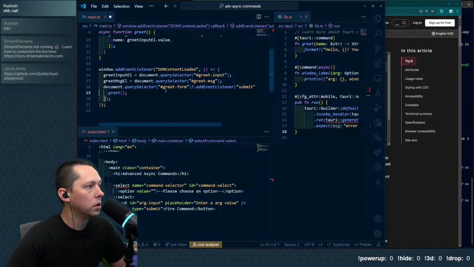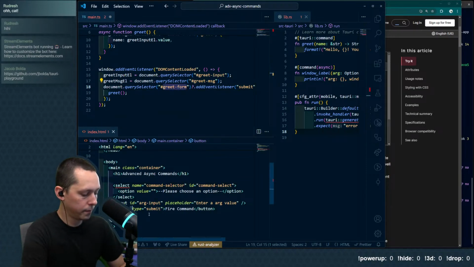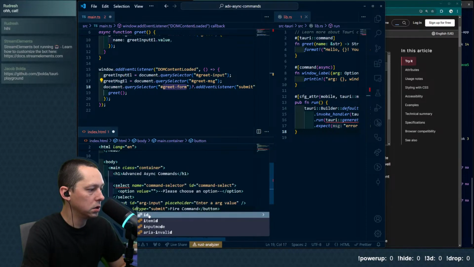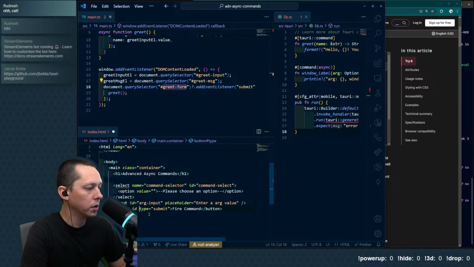But we can say go away here. We are going to add an ID to this, so we can just select the button and add a click listener directly to it.